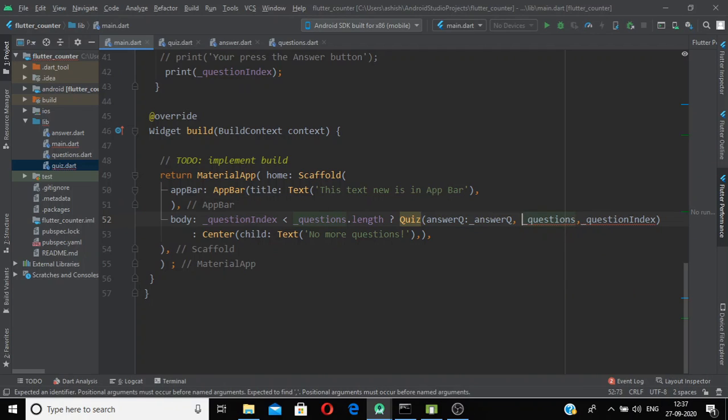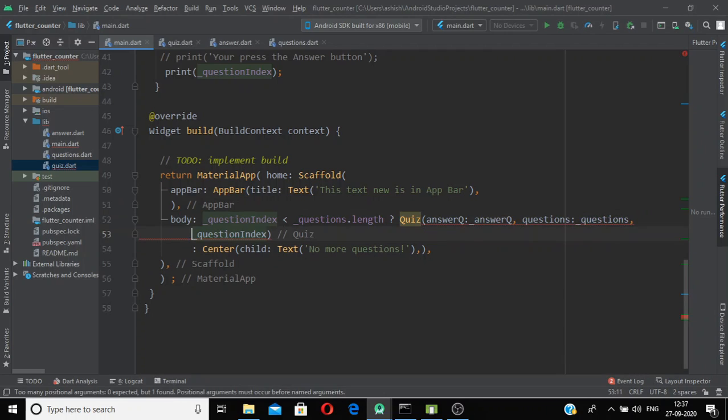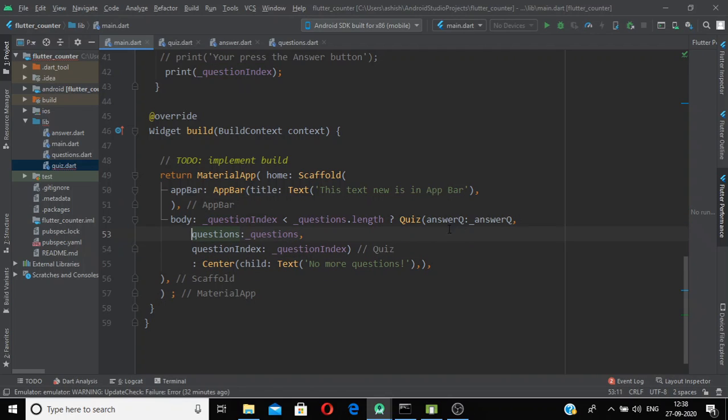The next one is questions, and the last one is questionIndex. So now our quiz method is ready, and I have made one correction, which you can see, to the answer method I already built.